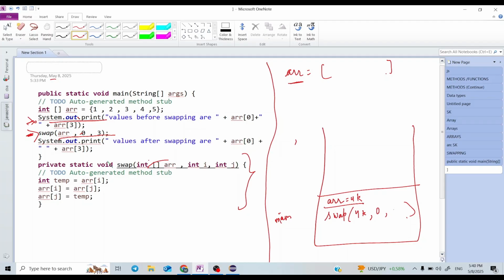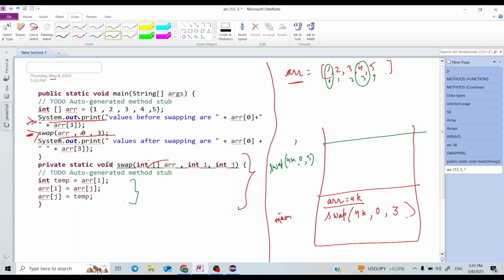Not indexes but values, but we are passing indexes here, 0 and 3rd index. Suppose in the array we have 1 2 3 4 5, and indexes are 0 1 2 3 4. So we are swapping this value with this. So when the swap function will be called, a new stack frame will be made, and here 4k and 0 comma 3.